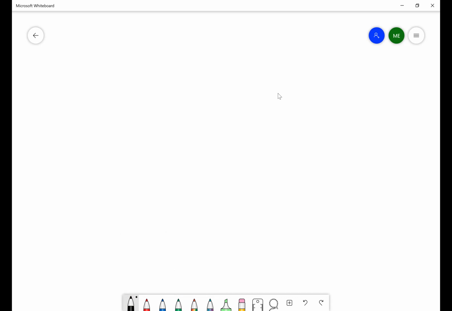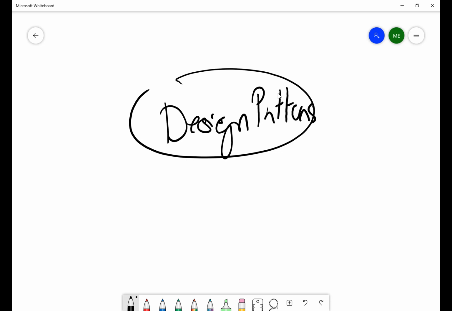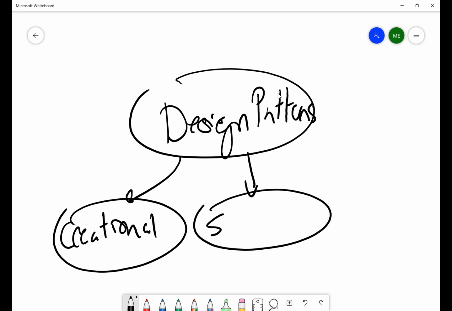All right. Now, before I get into the slides itself, I want to talk to you about the subject that we're going to be covering from a general perspective. Just to let you know, the way the next few classes are going to be structured, we're going to be talking today about design patterns in general. And then over the next few lectures, we're going to split and start talking about something called creational design patterns, and then structural, and then finally